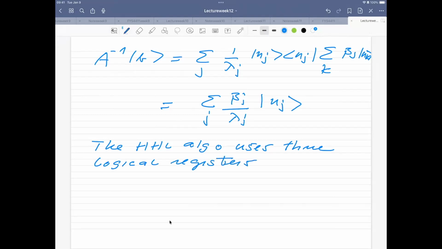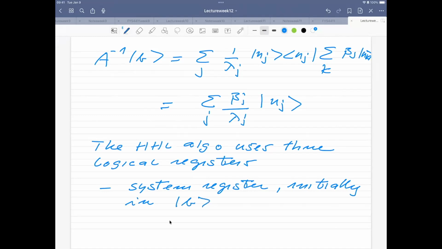So one is the system register, which is then encoded initially. So we need to encode that one initially in B. That's the initial state which it is in, because remember now that we have a linear algebra problem where the vector B is known. And there is a phase register